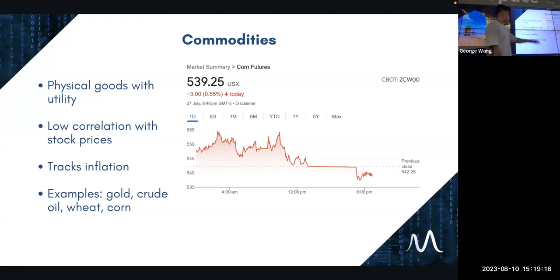So these are often tracking inflation, right? Because inflation does represent the cost of living. So if inflation goes up, a lot of these commodities would also go up. So here are some common ones, but